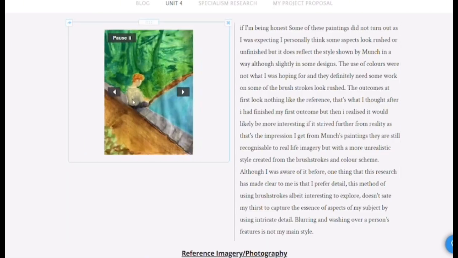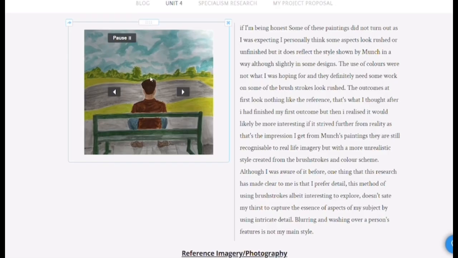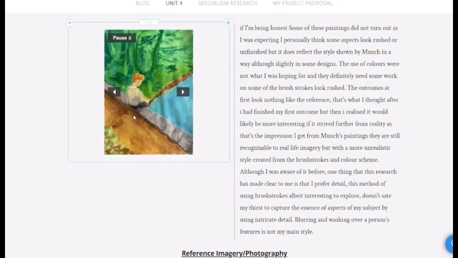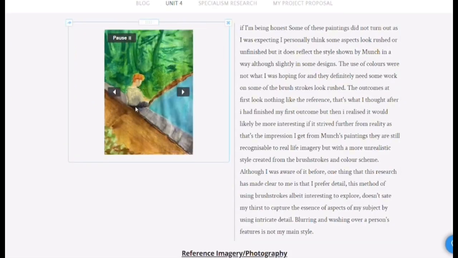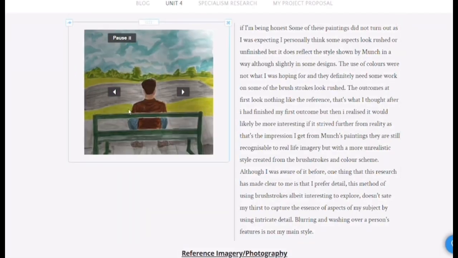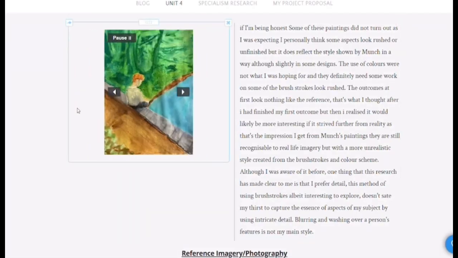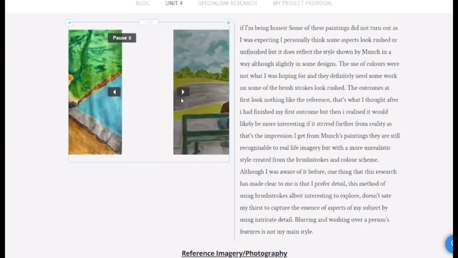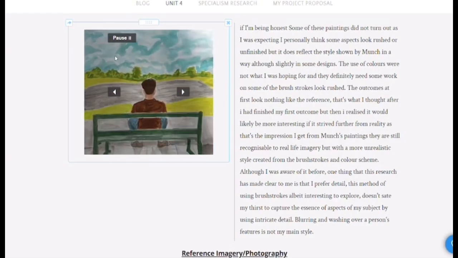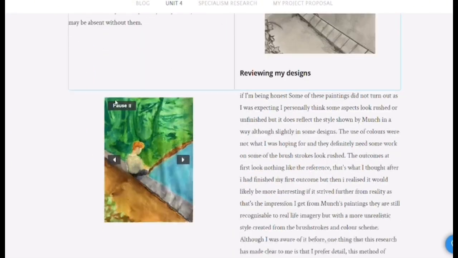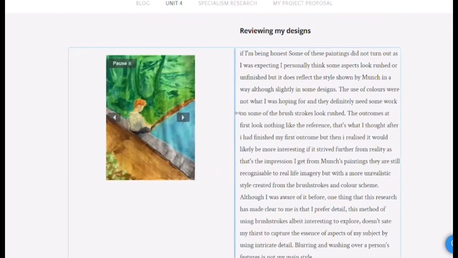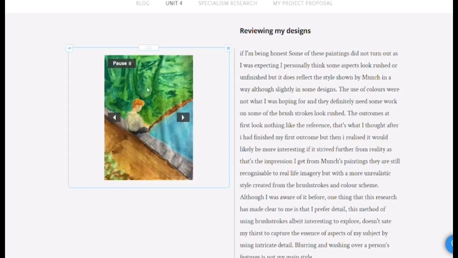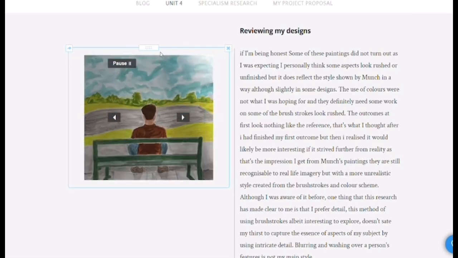Also, I did like the look of the other one here, but now that I look back, honestly, I can see that a lot of improvements need to be made. I need to reflect on my work more. This one was really rushed, honestly. I didn't really like this one, even when I made it. I don't think I represented any of Munch's work in this one. So it was an okay start, but I know I can notice many improvements that I could make with